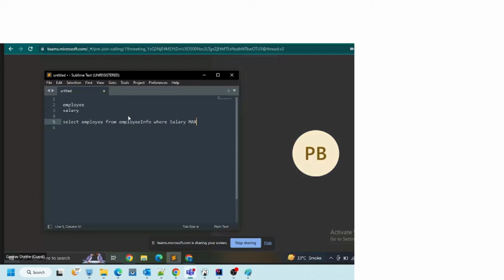I mean, there is an option for max. It will validate the complete salary column, and whichever is the maximum, it will display for the employee. And what if I want to get the name of the employee who has the second highest salary? Okay, so max minus one we can do. Apart from that, sometimes we can also sort with ascending and descending. If I do it by descending, I can take the top two or top three, so one and two will get displayed accordingly.